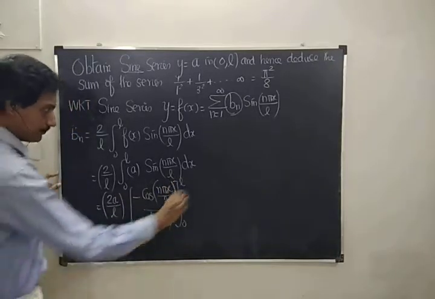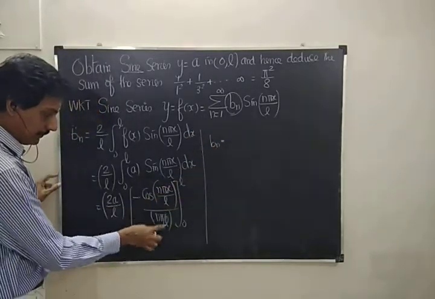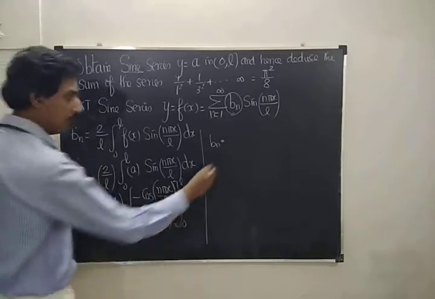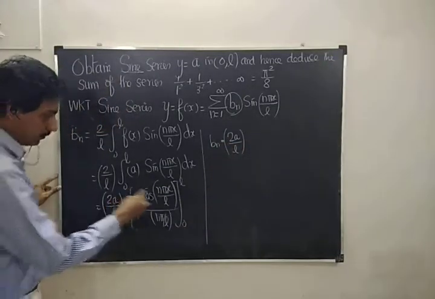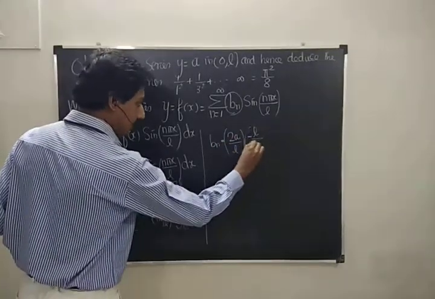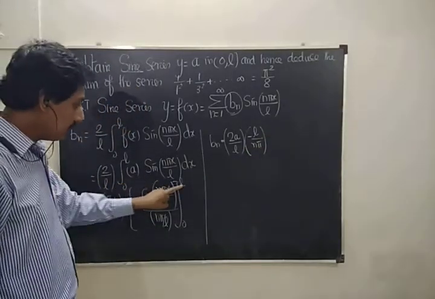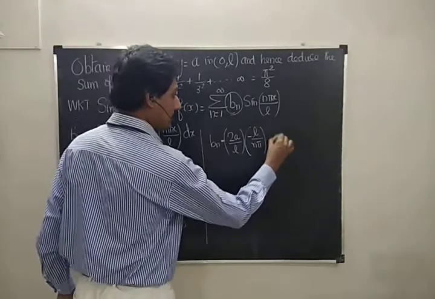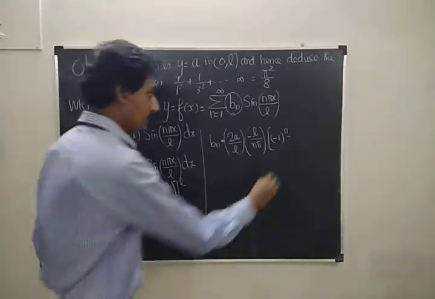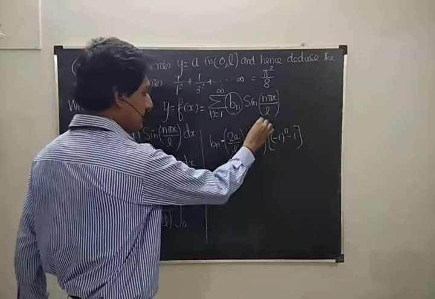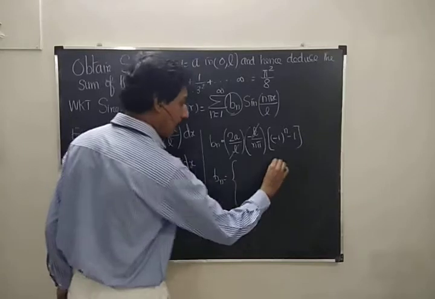Before going to that, what about the constant term? Minus is constant, n pi by L. By reciprocating we get minus L by n pi. So let us rearrange for our convenience. 2a by L already there. Now let us take the reciprocal of the denominator side, so L by n pi. What's the balance term? Cos n pi x by L. If we substitute x equal to L here, we get cos n pi, whose value is minus 1 whole power n. By putting x equal to 0, we get cos 0 is 1. So this is 1. Right, sir? Once the term looks like this, what are we going to do?